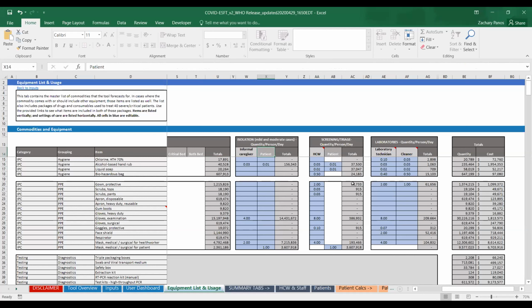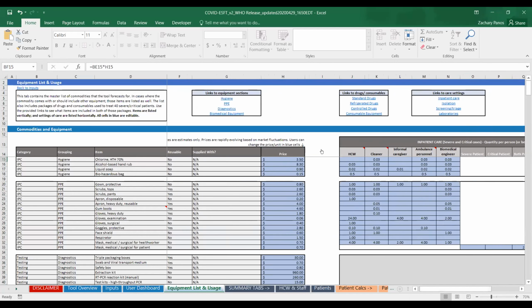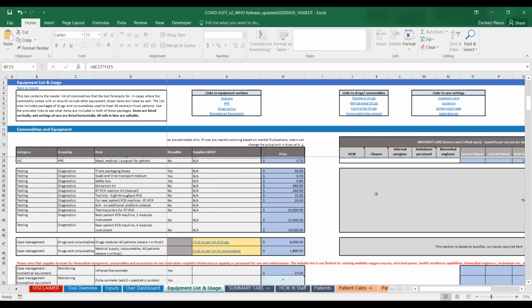Finally, in this column BE, the total quantity across all settings of care is calculated, and then the estimated cost based on the cost input that I mentioned earlier. This applies to all of these subsections, and we've included links to more easily navigate through this tab, as you recognize it can be rather large. So let me just scroll down to the biomedical equipment section,